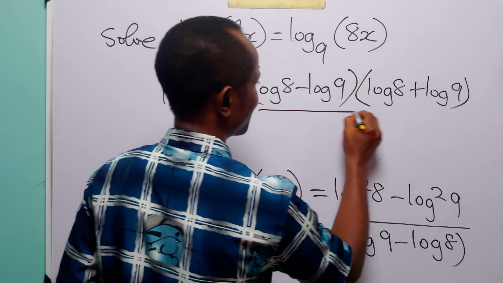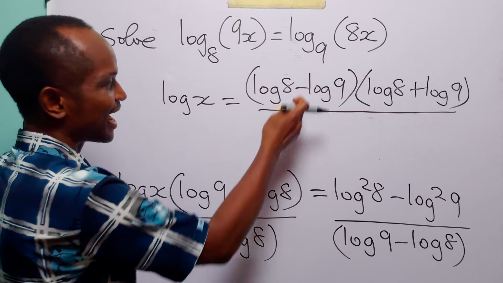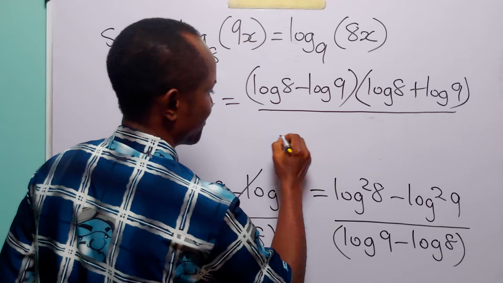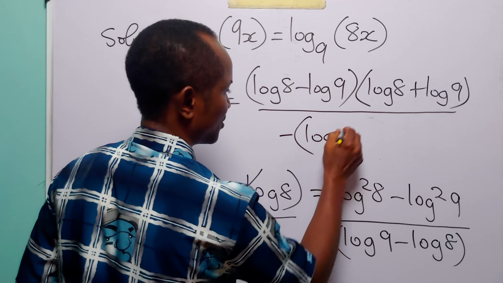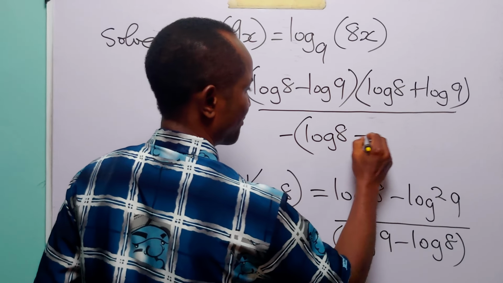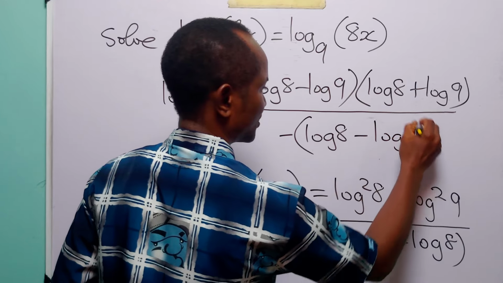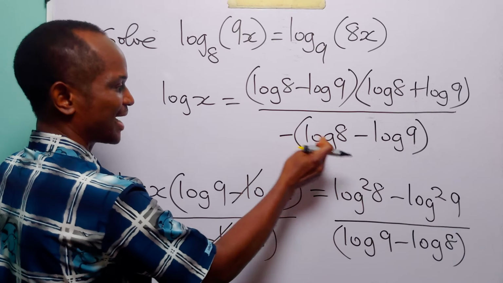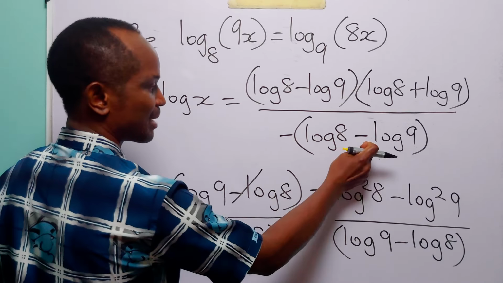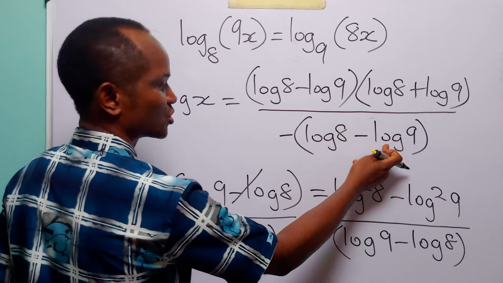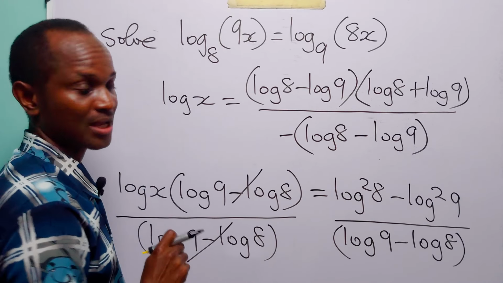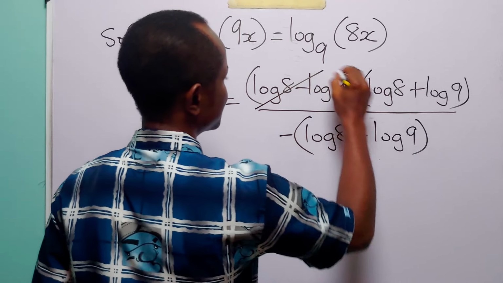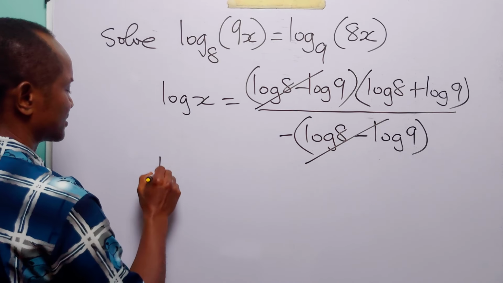And then in the denominator, since we already have log 8 minus log 9, let us write this as minus, log 8 minus log 9. Of course, you know that when we open this bracket, we are going to have minus log 8. Minus minus is plus, so this is going to be plus log 9, which is exactly what we have here. And of course, with this equation written in this form, this is going to cancel that to give us that